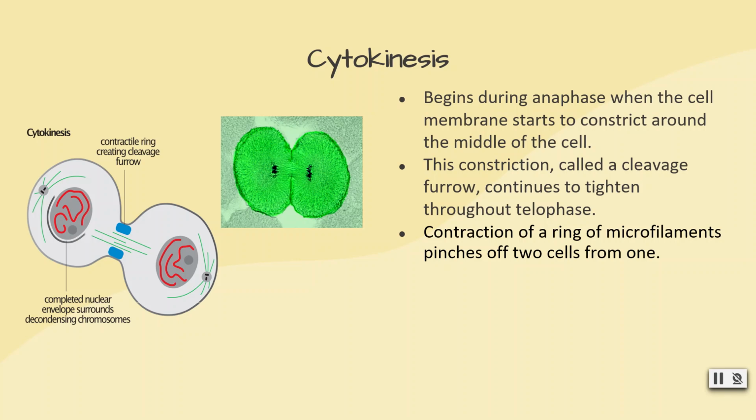But we have this constriction called the cleavage furrow, which continues to tighten throughout telophase. The contraction of a ring of microfilaments pinches off the two cells from one, and then as the ring is pinching off, it separates two newly formed nuclei and divides about half of the organelles to the daughter cells. And these newly formed cells may differ slightly in the number of organelles and size, but they have identical chromosomes and contain